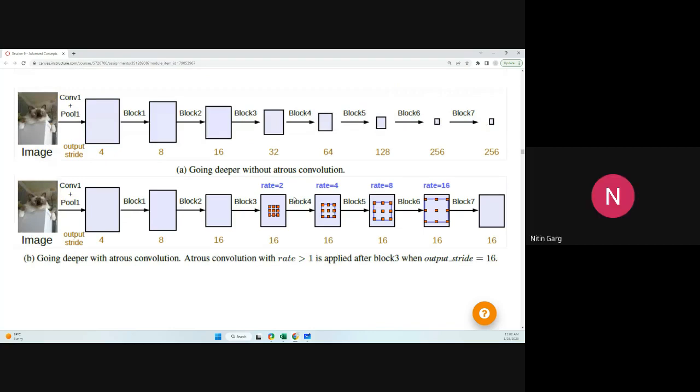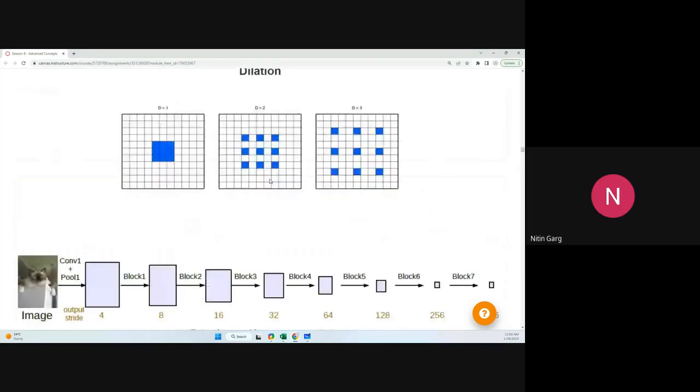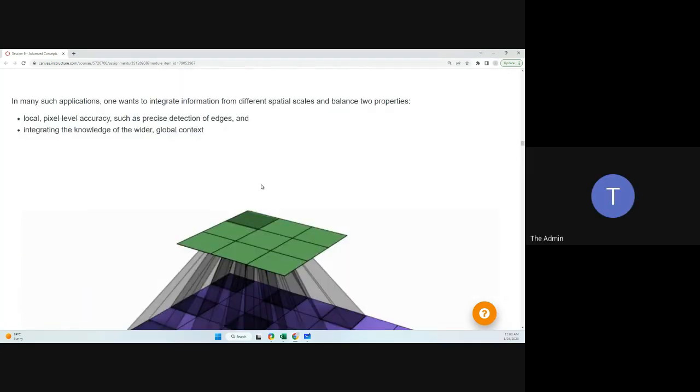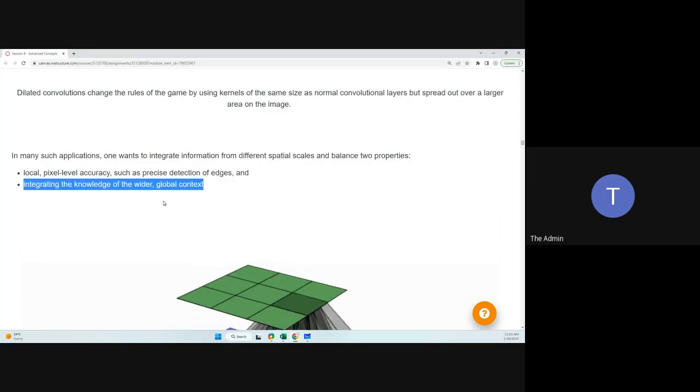Yes, sir. I didn't understand why we add dilation later in the network and not in the initial part. What is the use of dilation kernels? We're increasing the receptive field, right? Okay, and what do we want to do by increasing receptive field? Getting the knowledge of wider global context. Right, so that means you are now